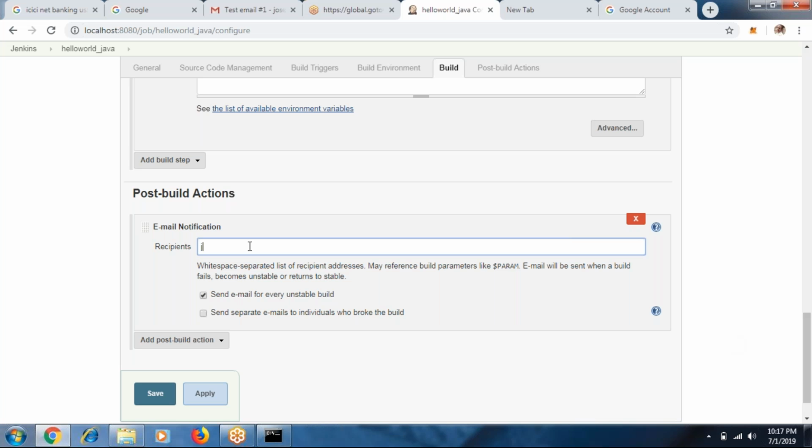Then give that mail ID here, and you can give any number of mail IDs using white space separation. Okay, that's your wish. Just apply, save it now.